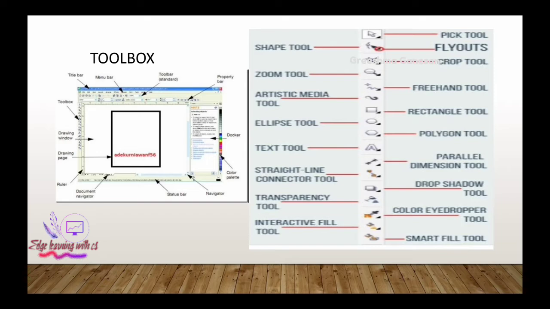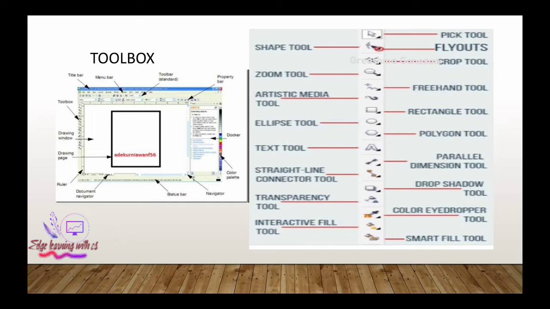Then you can see the toolbox. The next option is the toolbox. Where is the toolbox situated? Can you please find out by using the first diagram? This is the first diagram we have already referred to. Here you can see some tools on the left side. That particular portion is known as the toolbox, which is situated just left of your drawing area or drawing window.